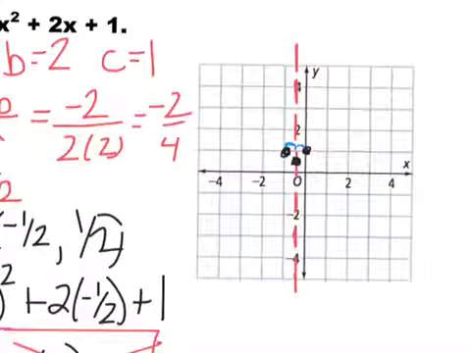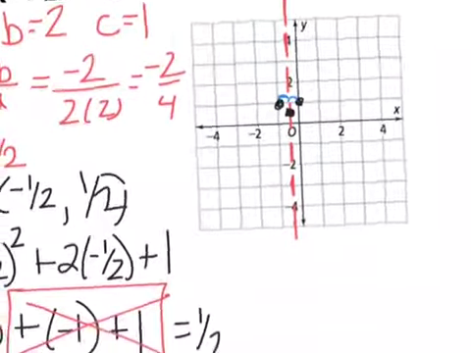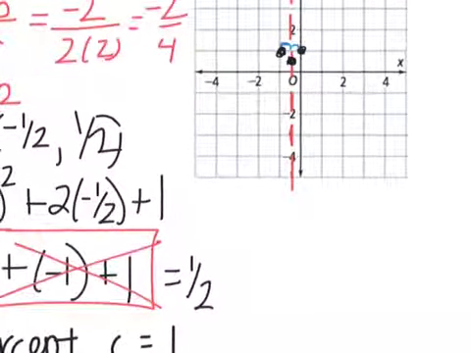Your best option is to always pick one that's really close to your known data. So, because positives are easy to work with, I'm going to choose where x equals 1. That's my next positive number. That's my next line that's away from that axis. So if I plug in a 1